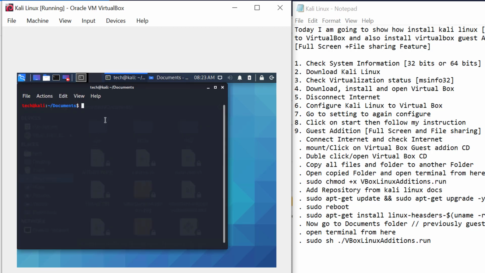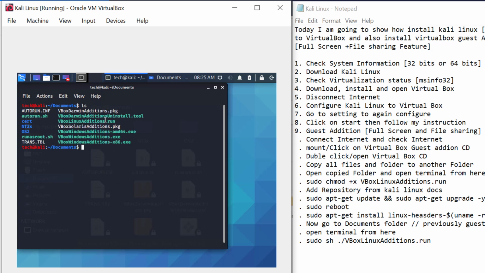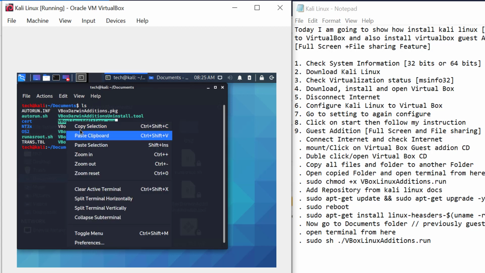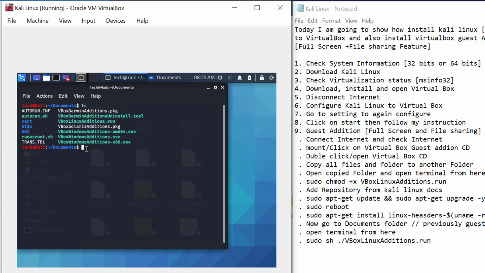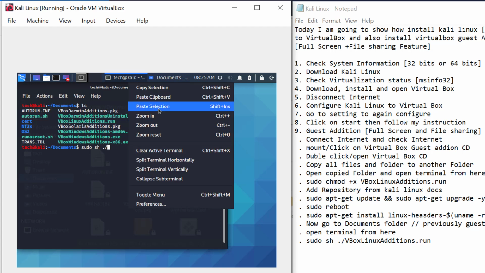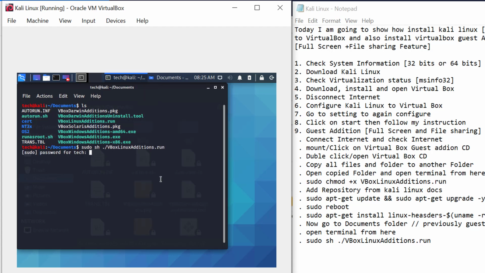Then I put sudo. At first I copy this file, then it will be better: copy selection. Then sudo sh ./ and paste selection. Put the password.